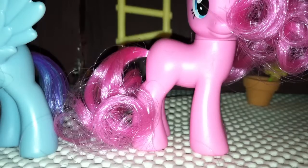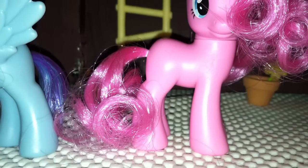Alright, this episode, everyone, we're going to be doing a review on my Little Ponies, the hair that I have done. We're going to do a review on the hair that I have done. So, the ones that I have done is Princess Celestia,